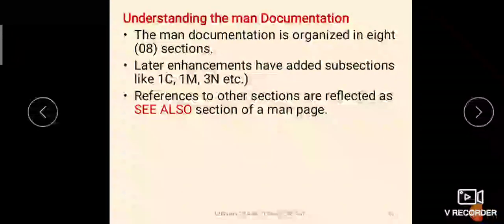Then references to other sections are reflected as see also section of a man page. So, here I can give you a very good example. Suppose you are watching a movie on Hotstar or Netflix. You open a movie to see the trailer, or you select a movie to watch. Then if you scroll down, you will get people also watched, right, that list.